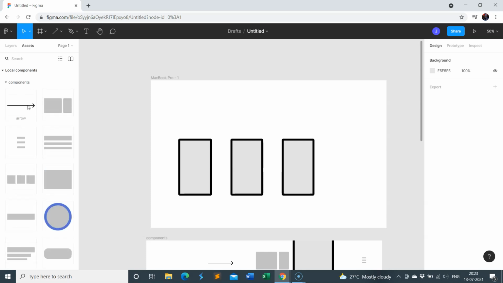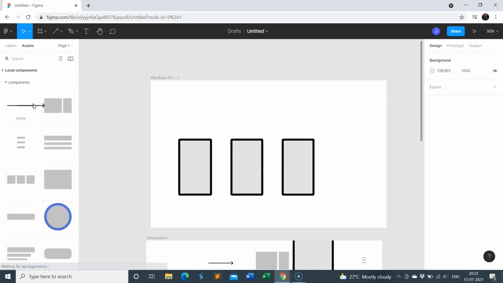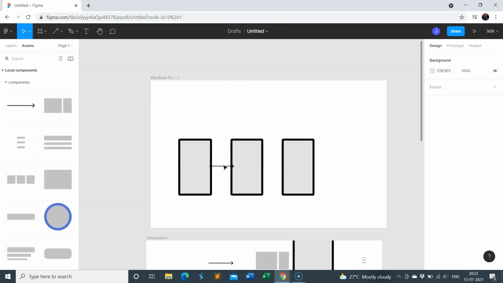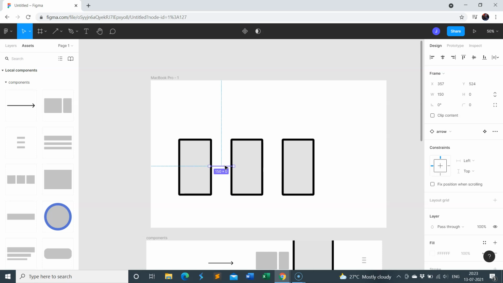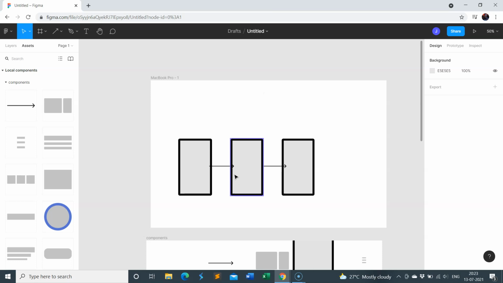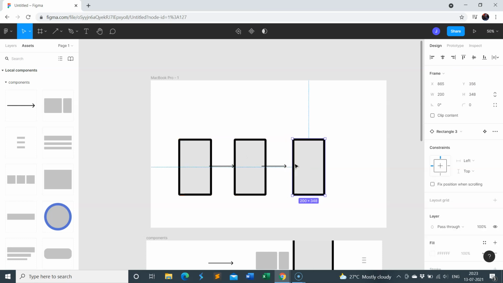Now suppose I want arrows to show the user flow, that is the navigation. So I can just easily click and drag to create arrows. And then if I want, I can resize my arrow based on how I want it. I can again duplicate it and place it here. Done. So I can just change the spacing between my individual components. Okay,